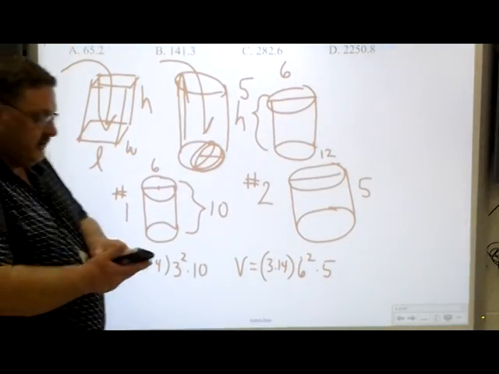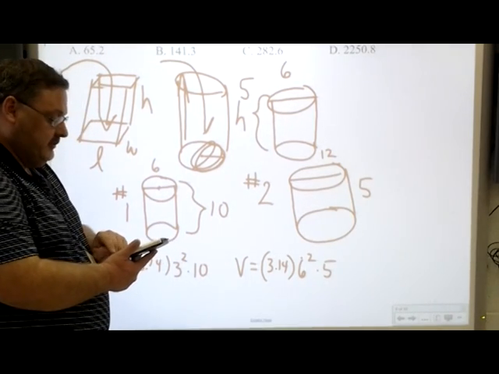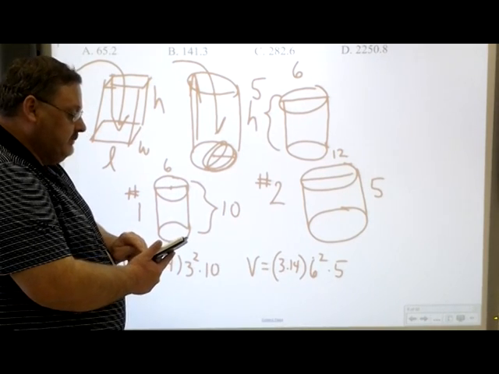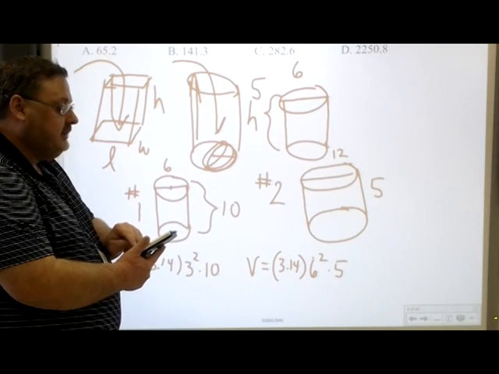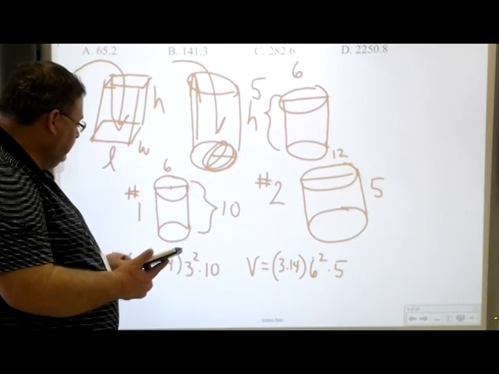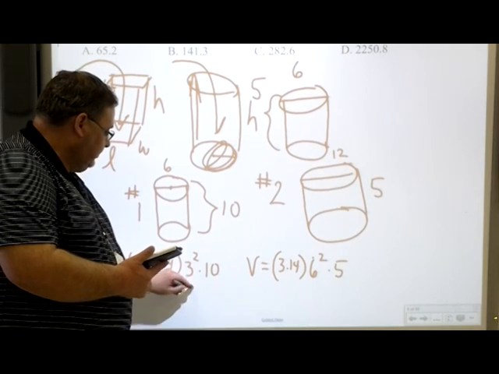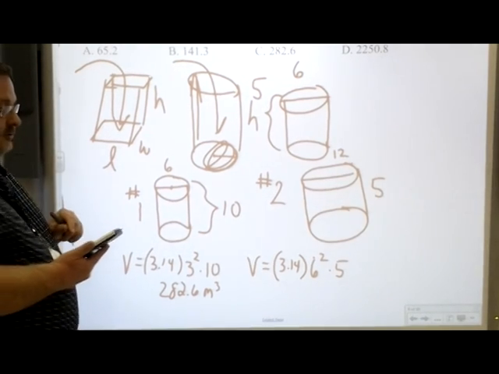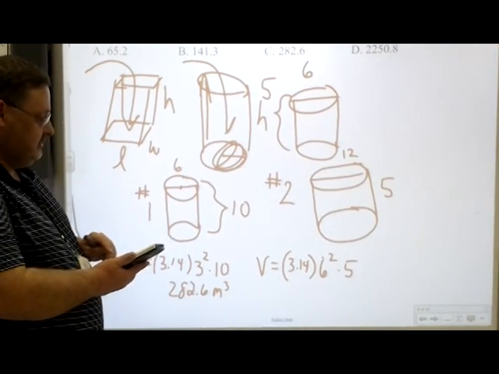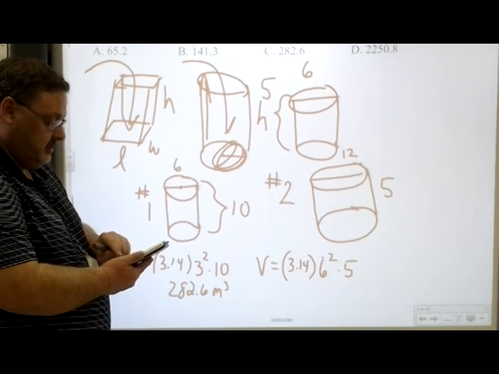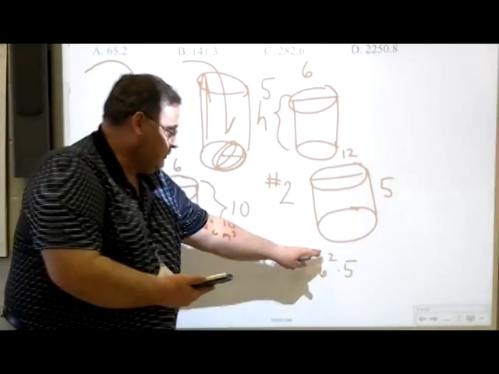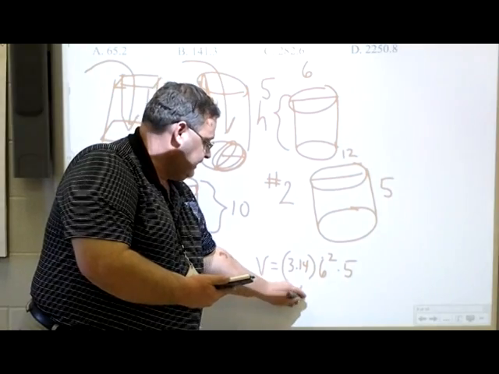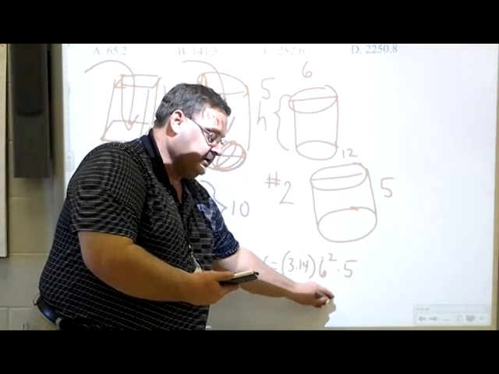And now, doing our calculator work, let's go ahead and see what we determined through our process of setting up and solving the problem. 3.14 times 9, which is 3 squared, times 10. And this is 282.6. And our units was meters, and it's volume, so it's cubic for 3-dimensional. That's what I will tell my students. And let's look at tank 2, 3.14 times 36, or 6 squared, times 5, and it's 565.2